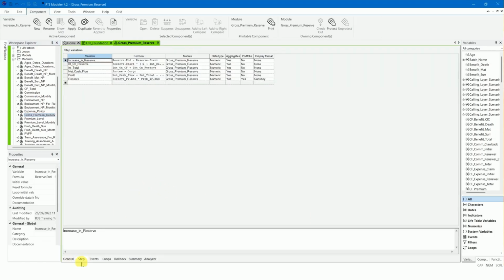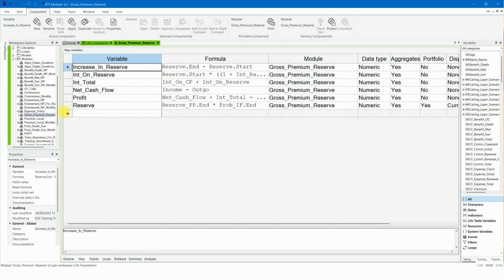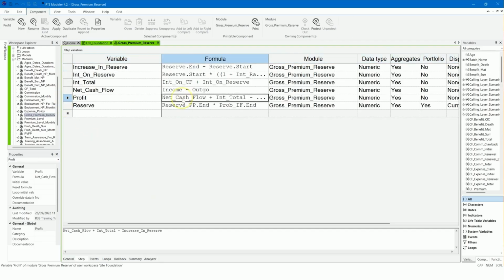Go to the Step tab. Amend the variable profit to be the sum of net cash flows plus the interest on those cash flows, therefore not considering the increase in reserve.